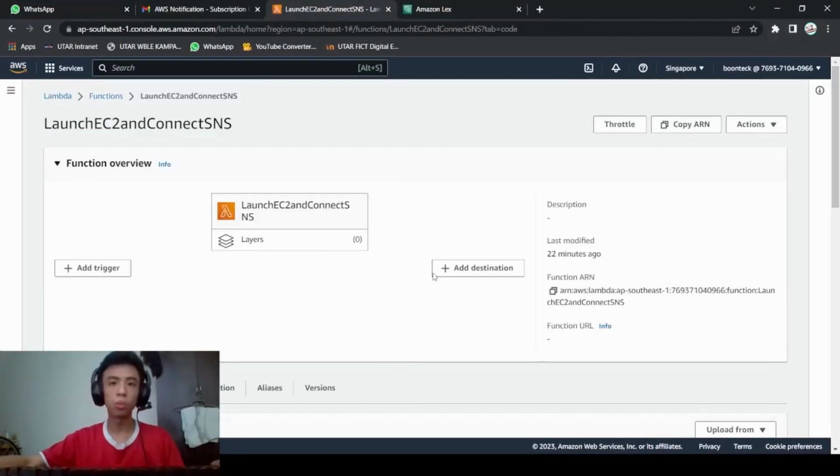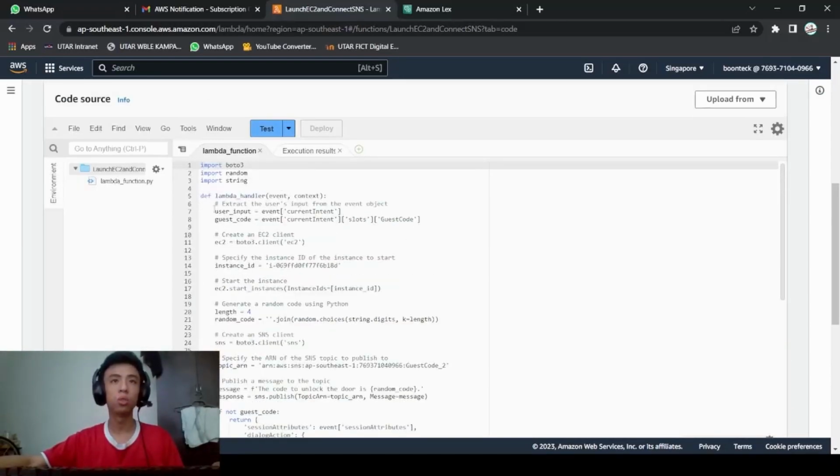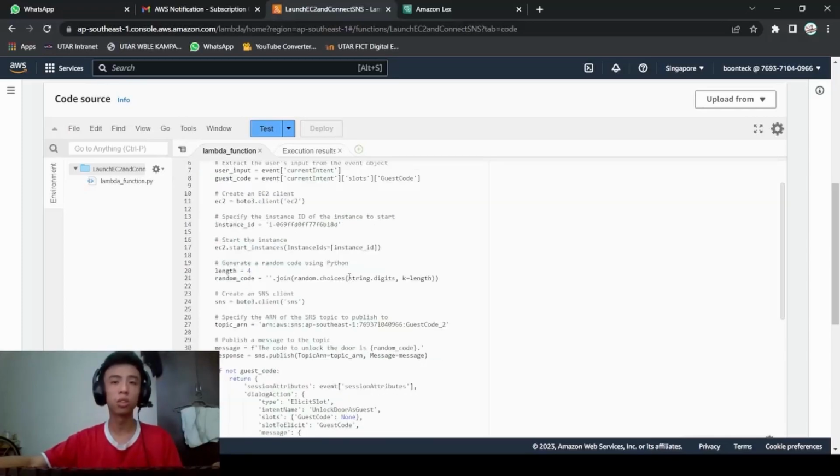Now I'm going to explain the Lambda code function for our Amazon Lex, EC2 and also SNS. First, we extract the user's input from our Amazon Lex chatbot, and we will then create an EC2 client and specify the EC2 instance ID that we have just created, and we start the instance once the code is running. And we will use a Python code to generate a random 4-digit code for our guest users to unlock